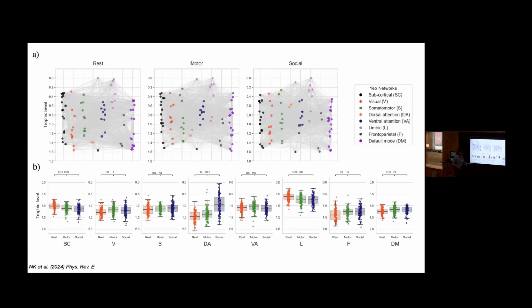So where do the subnetworks basically move between tasks? This was more of a physics paper. We didn't go too much into detail with the interpretation, but you can see some networks, like dorsal attention, go to higher ranks, or climb up the hierarchy, in some tasks versus resting state, and others will go down the hierarchy in tasks compared to resting state. And it basically opens up this whole new avenue for network techniques based on asymmetry rather than symmetric networks.